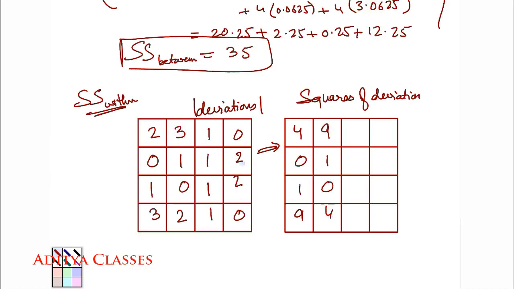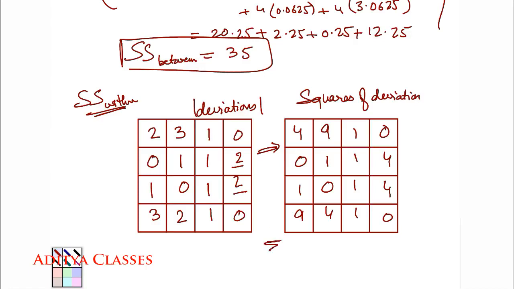Squares of 3 are 9. 1 is 1, 0 is 0, 2 is 4. Now all these ones squared will still remain 1. Square of 0 is 0. Square of 2 would be 4. Square of 2 would be 4 and 0. That is it. Just add them all and we'll have our answer. 9 and 1, 10 and 14. 9 and 1, 10, 14, 4 and 8. And if you add them again, you get your